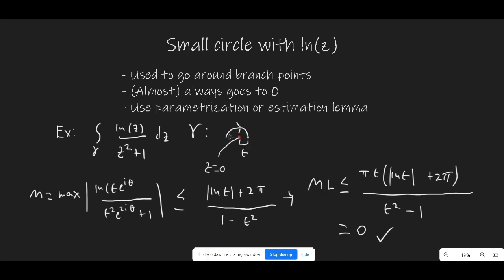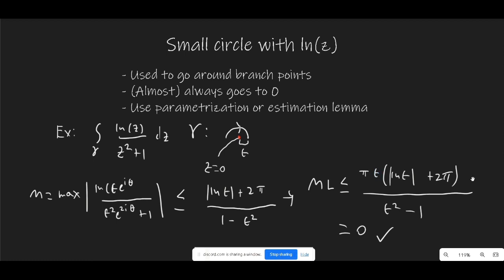Then ML, remembering that L is pi times epsilon, is less than or equal to pi epsilon times the modulus of natural log of epsilon plus pi, over 1 minus epsilon squared on the bottom, not epsilon squared minus 1. Don't worry about that. But anyway, as we take the limit as epsilon goes to 0,